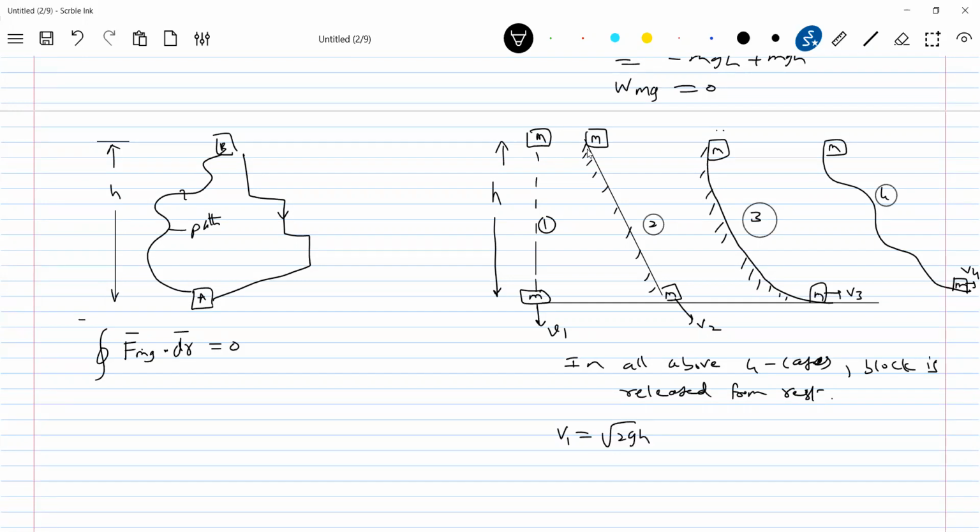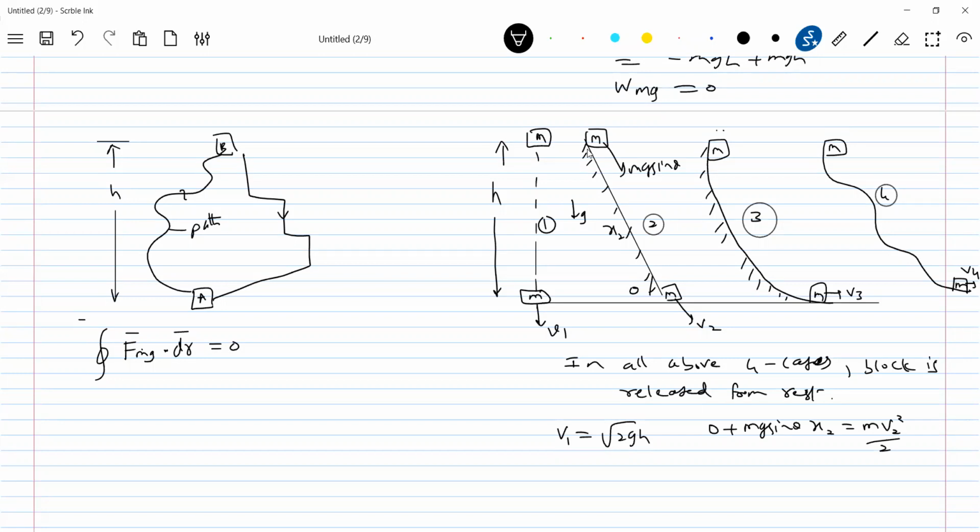How much height will the block descend? It is freely falling, no? It's freely falling, so v1 should be equal to root of 2gh. Then what about here? What force will do work here? Let this be theta, mg sine theta. So in the second case, I'll use the work-energy theorem. Released from rest, plus mg sine theta into x, what is the distance here? Let it be x2, into x2 equal to m v2 squared by 2.